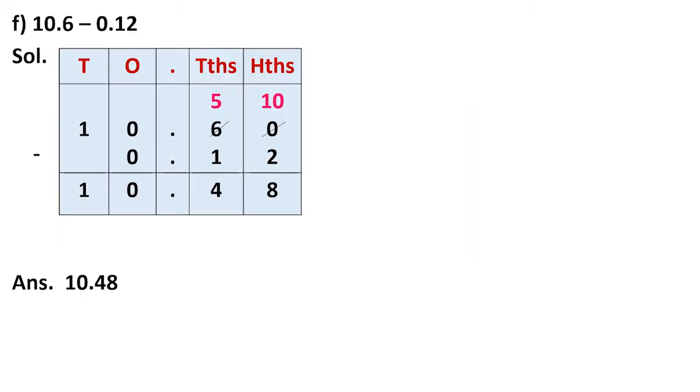So next question we have here 10.6 minus 0.12. So arranging these values in the place value chart in the respective places, we have ones place, tens place, decimal point, tenths place and hundredths place. So 10.6 we have written here and 0 we have added to make them like decimals, and 0.12 also we have arranged here. So 2 cannot be subtracted from 0, so we have taken borrow from 6, so 6 will become 5 and this 0 will become 10. So 10 minus 2 is 8, 5 minus 1 is 4, decimal point will come below the decimal point, 0 minus 0 is 0 and 1 we have taken down here. So our answer is coming 10.48.